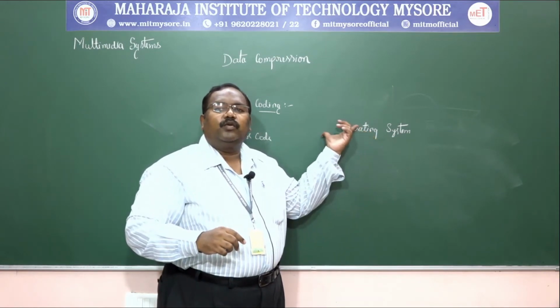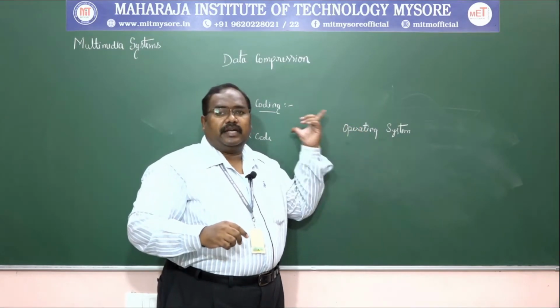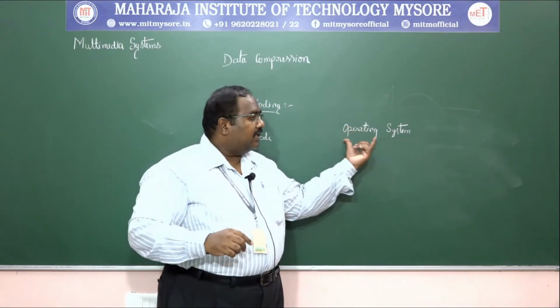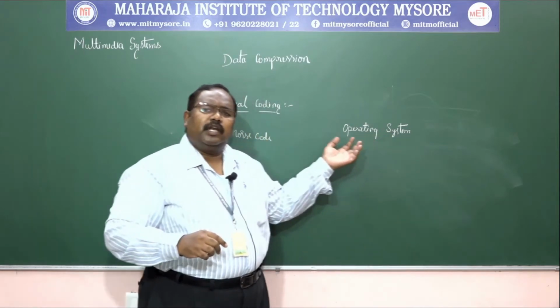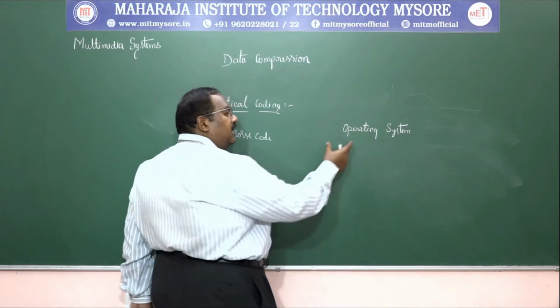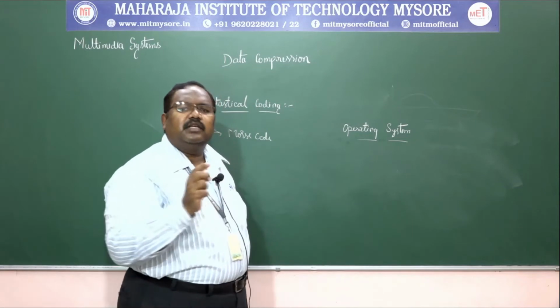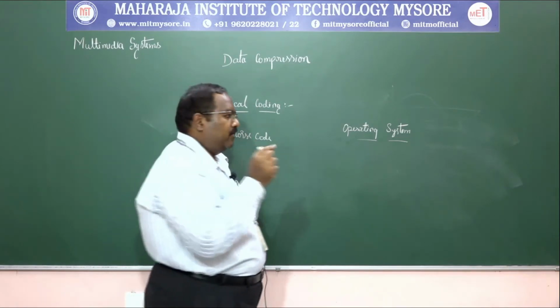What we do is a statistical analysis of the more frequently occurring characters. So this is one character and this is another character that is encountered in the text more frequently. We represent such frequently occurring characters with a very short string like